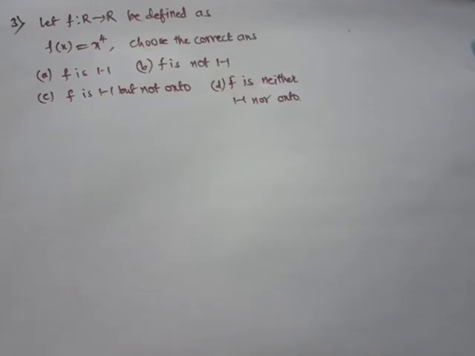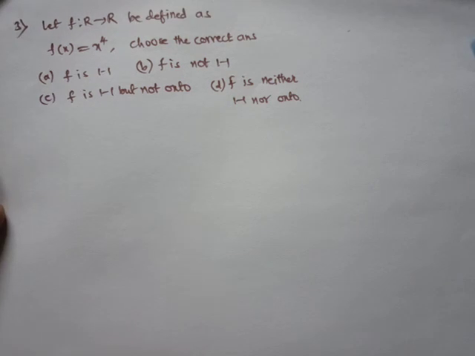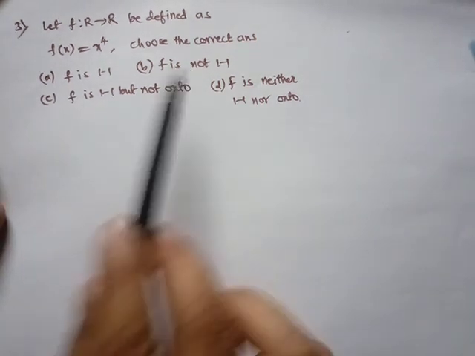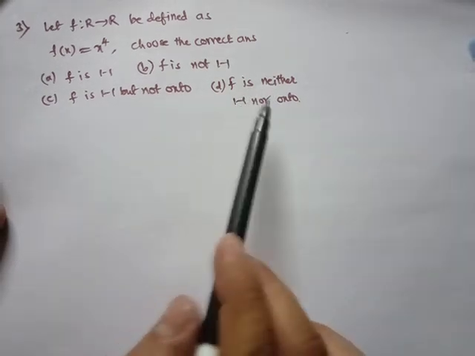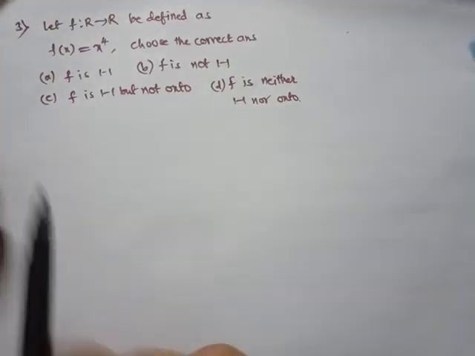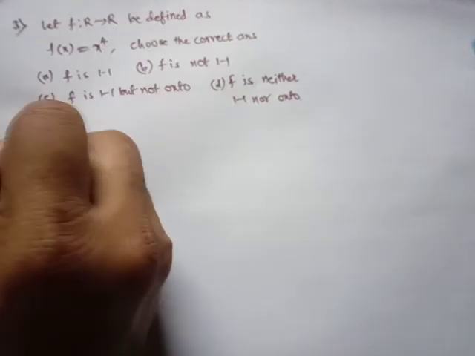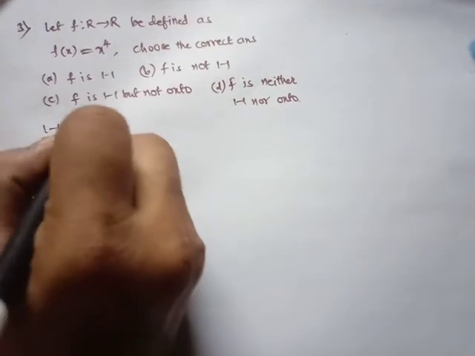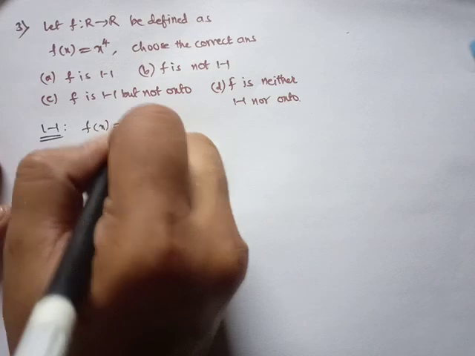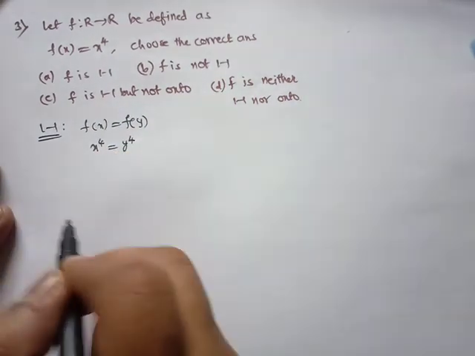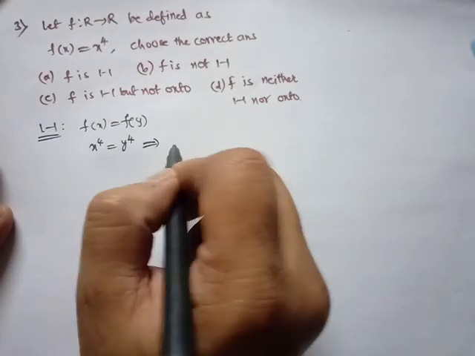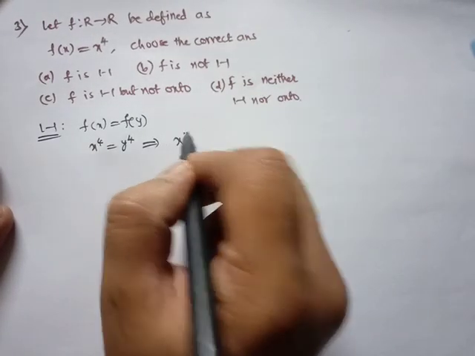Coming to the next question, let f be a mapping from R to R defined as f of x equals x power 4. Choose the correct answer. So either f is 1 1, f is not 1 1, f is 1 1 but not onto, f is neither 1 1 nor onto. Now we'll see the cases. First of all, 1 1 you consider. F of x equals f of y if you consider, x power 4 equals y power 4. So in this case it can be taken as